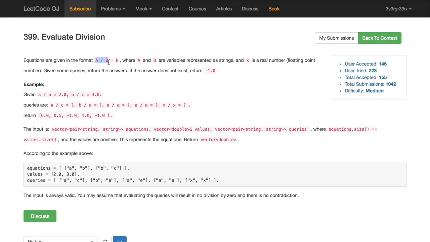We have to just give the answers for what's already given to us. Oh no, it's not that easy. We are given A over B and B over C, but sometimes we may be asked about A over C. So we have to reason somehow that if we have B here